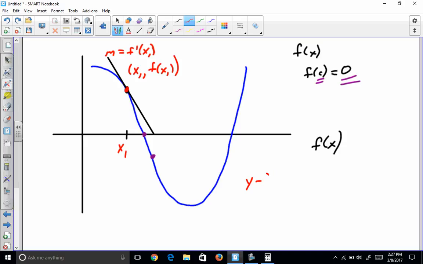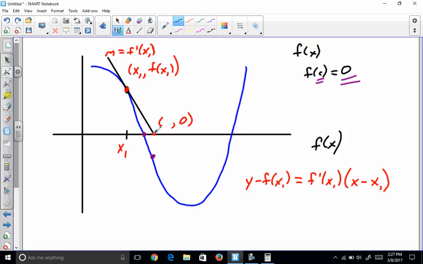Y minus the y coordinate equals the slope times x minus the x coordinate. So this is the equation of our tangent line. Now, in order to find out where that tangent line intersects the x-axis, we can let the y value be 0